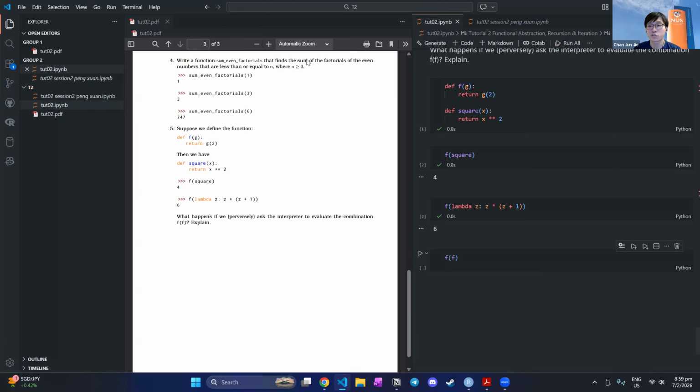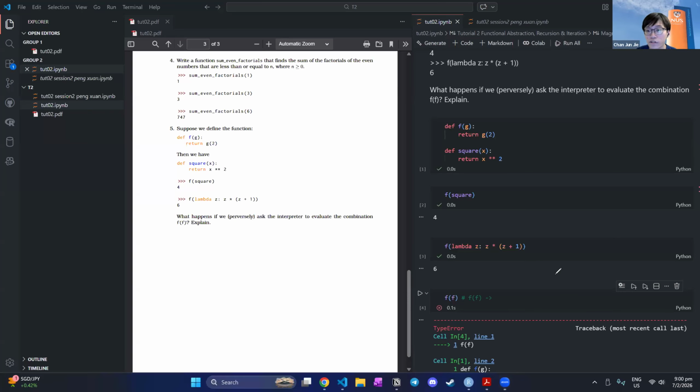Yep, that's correct. So basically, you get an error. Specifically, it's a type error, but you don't really have to understand exactly. You just need to know that it's an error that comes out. So you see, FF, when we run it,